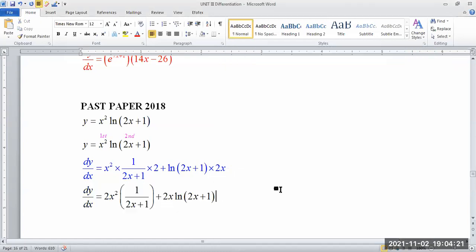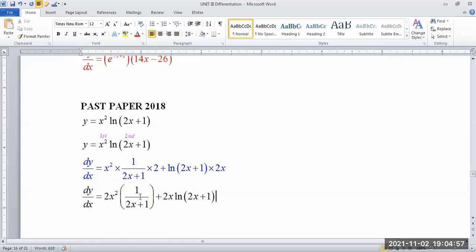And look at what happens here now. I am using this 2 to multiply this x squared to give me 2x squared. And of course, that 2x squared is going to be multiplied by 1 over 2x plus 1. Then the plus sign, remember the plus sign is my separator. Don't turn your head sideways and call this addition sign a multiplication sign. And then all of this becomes another term. This 2x is just going to be placed in front of my ln 2x plus 1. So this here is just a simplified version of this.